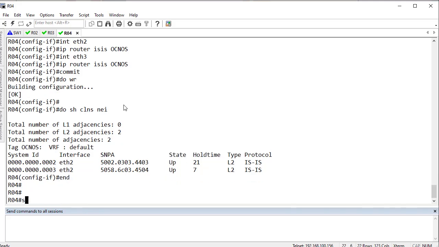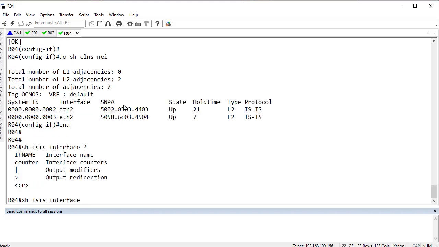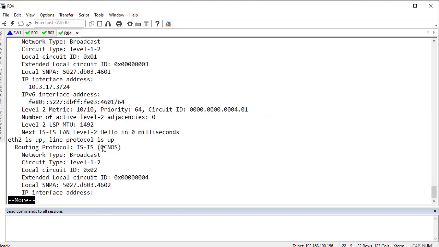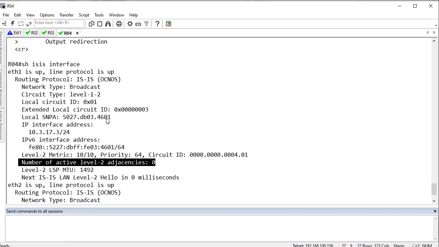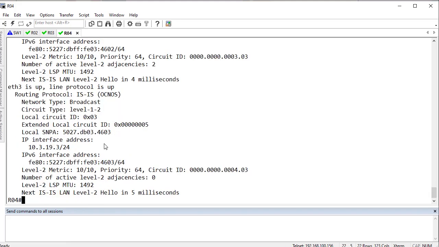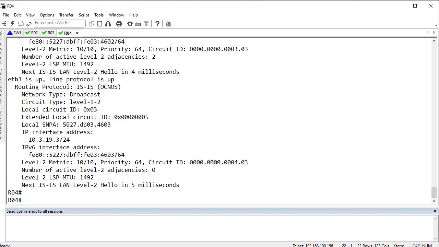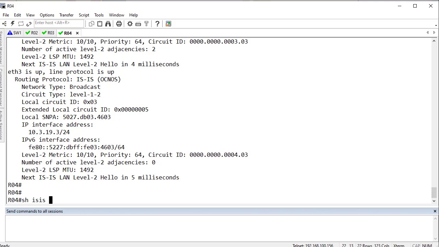So if I say show ISIS interfaces, and after that hit enter, it just gives me the type of the network, the number of adjacencies, in this case for example 0, and the type of circuit, and I can just see every information that I need in here. The final verification is going to be show ISIS database,